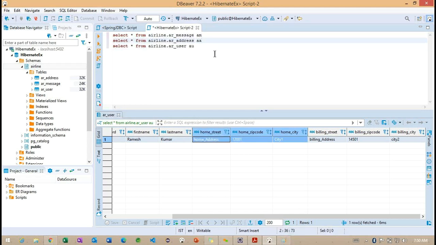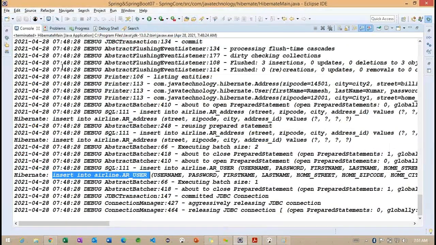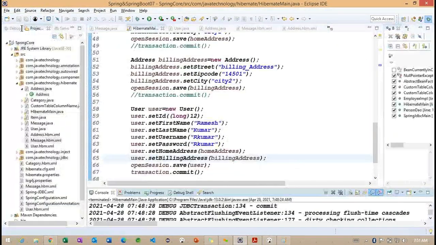Getting the point. The same information we are having inside this particular address also. But what is the difference we are getting here? We are using the same address table. So using the same address table, we are trying to differentiate with so what is the home address and what is the billing address here. So this is the way we can differentiate here.